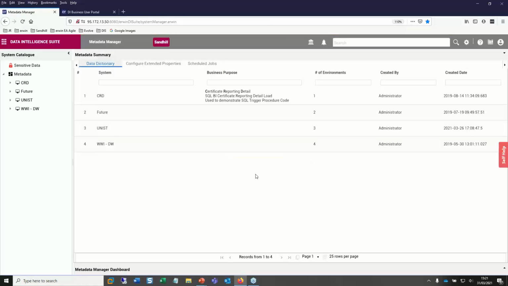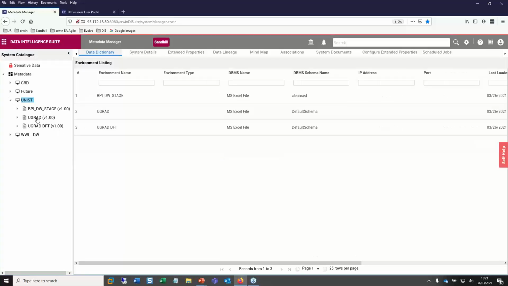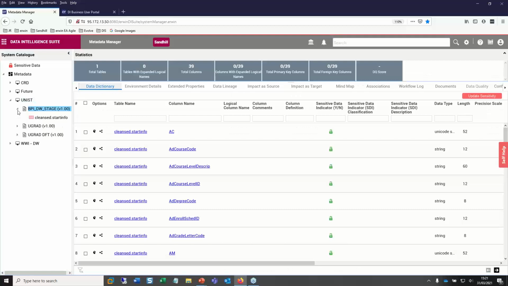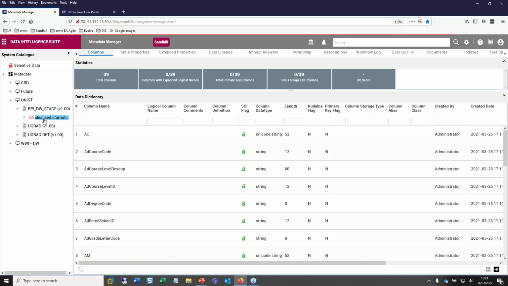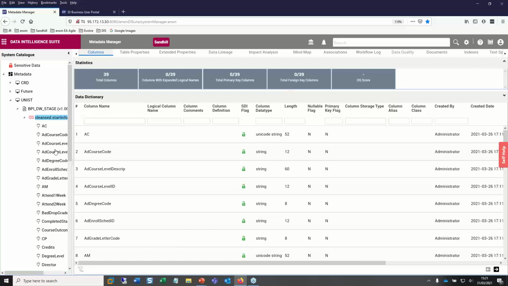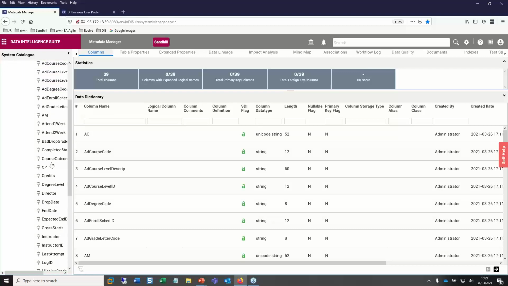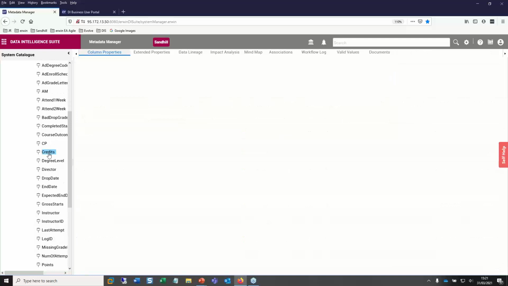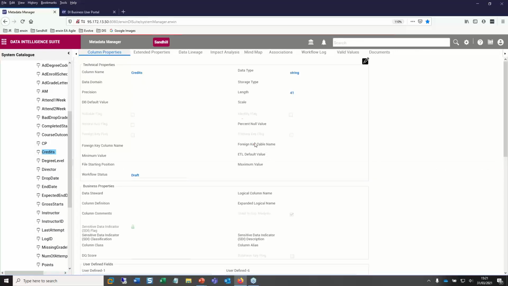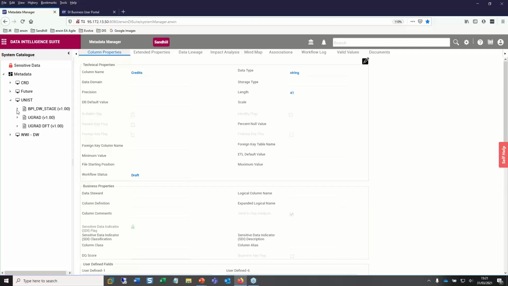Okay, so what I've now got here is the information that you were seeing in the published sets of assets. And what we can do in here is take a look at the different assets that we've got. Remember, I was showing you we've got different tables in here. For this particular table, I've got a table plus the various columns of information. So remember the credits column that I was showing you earlier. And here is its definition, its type and its length and all that sort of information. But how do we create and harvest this information? Well, we create this by